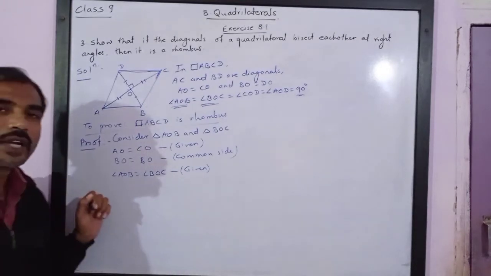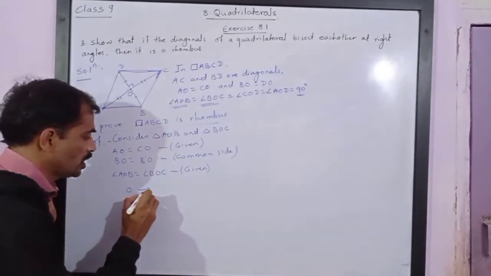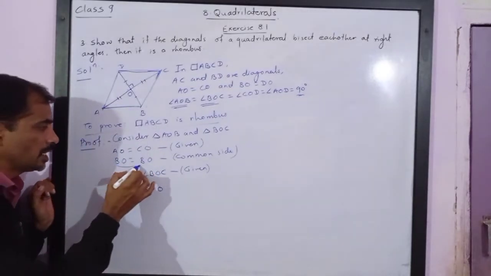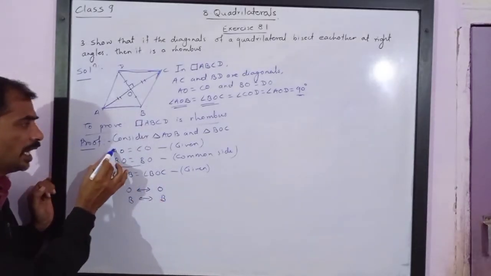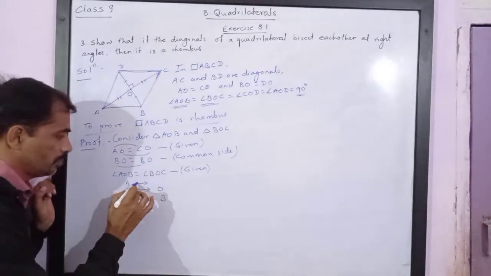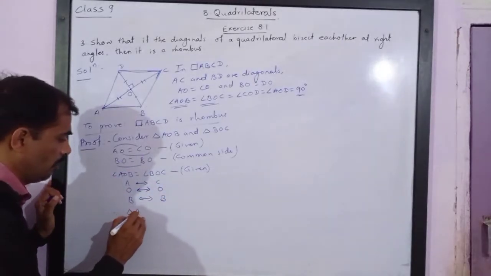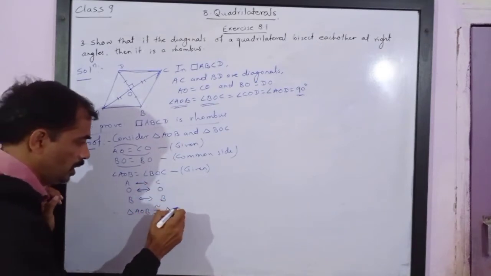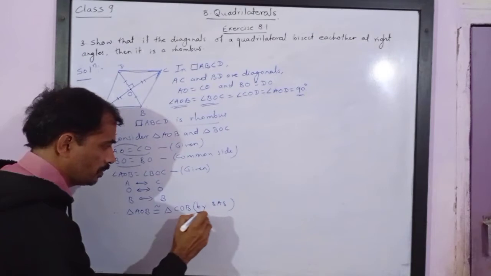But for this, we need to write the one-to-one correspondence. Now it is very easy to write from the angles. Here you will notice that O corresponds to O. Now if O corresponds to O, then B corresponds to B, and it means A will correspond to C. So A corresponds to C. Now writing the triangles is very easy. Therefore we can say that triangle AOB is congruent to triangle COB by the SAS test of congruency.